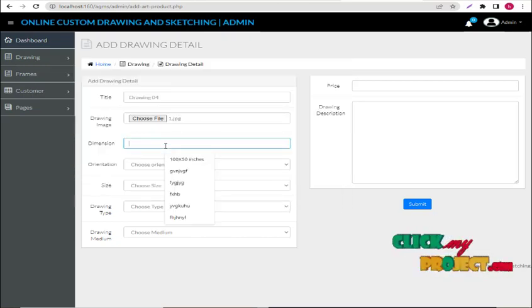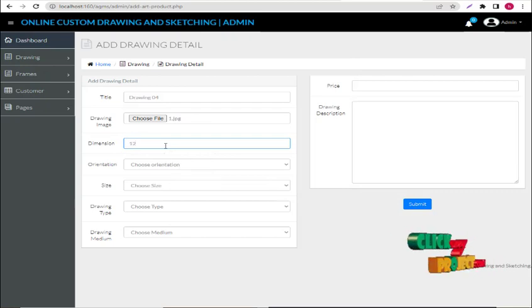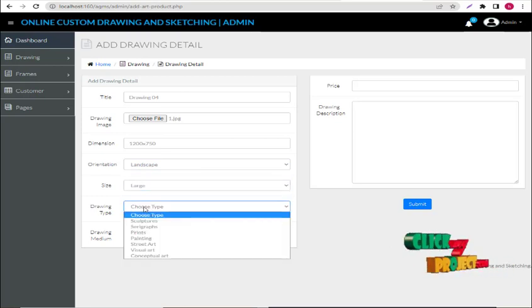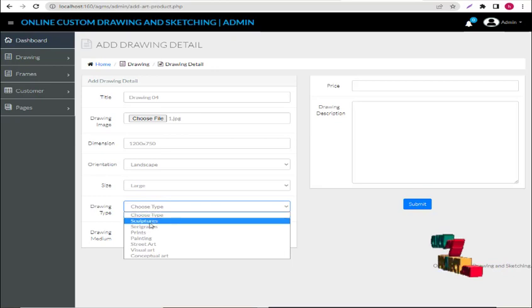The dimension is 1200 cross 750, and the orientation is portrait or landscape. I am giving landscape, the size is large size, and the drawing type